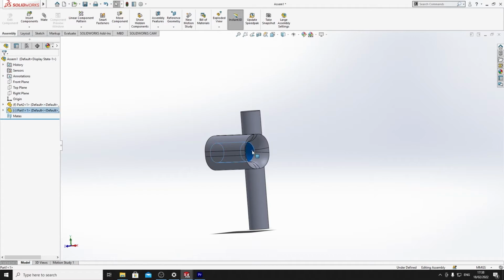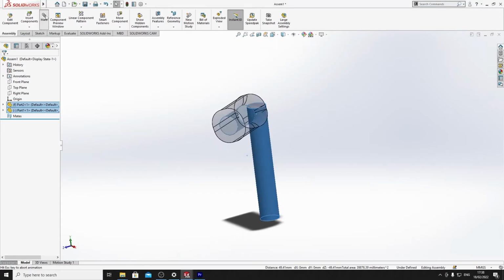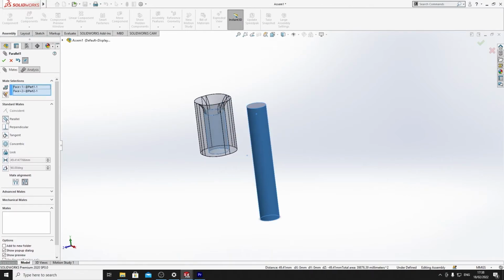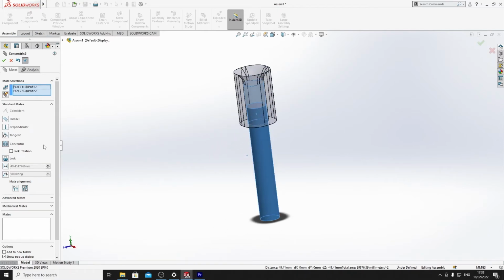So what we would do is click that inside. We click on that surface, then we click on this surface. We click mate, and then within this mate section, it gives you different types of constraints that you can possibly put. So you could have parallel, so they're both in a parallel plane, perpendicular, tangent, similar to that, and concentric. So that basically means that the circles both have the same center point. So really what we want. So if we press OK,